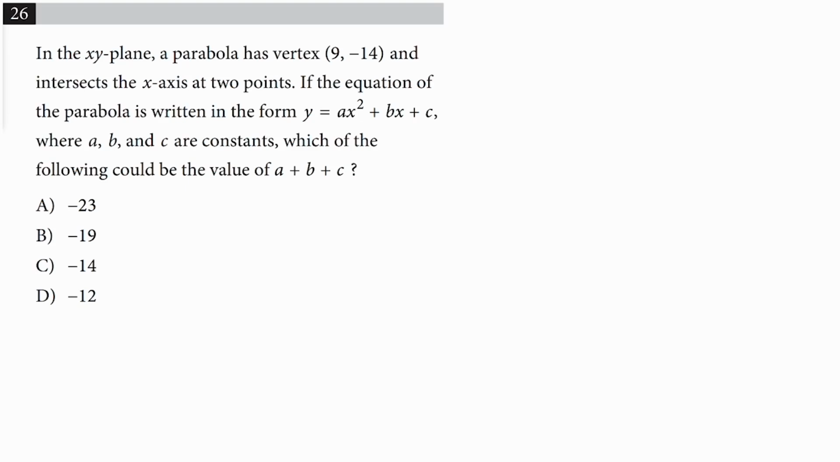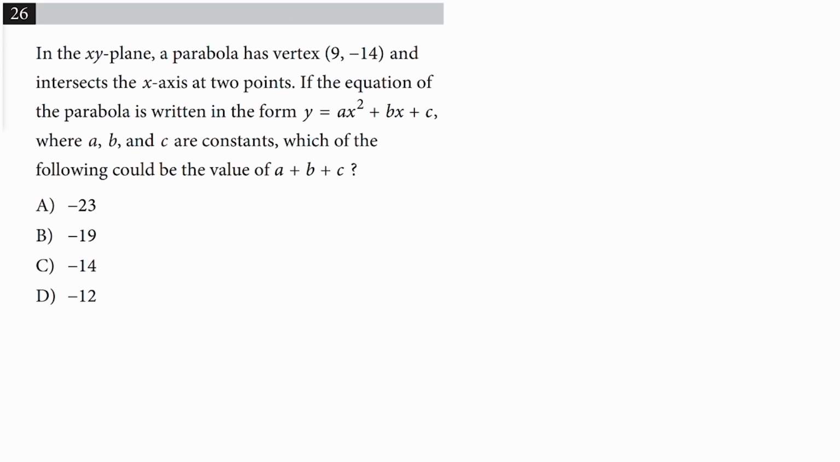In the xy plane, a parabola has vertex (9, -14) and intersects the x-axis at 2 points. If the equation of the parabola is written in the form y = ax² + bx + c, where a, b, and c are constants, which of the following could be the value of a + b + c? We're interested in finding the sum of the coefficients of this quadratic equation in standard form, but we're